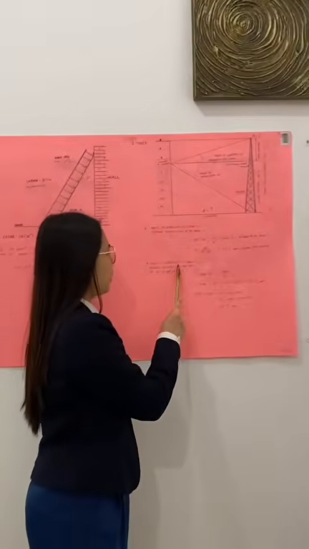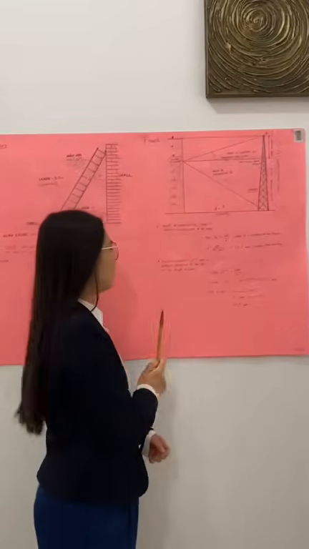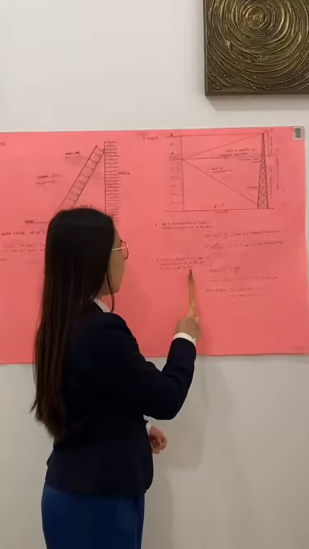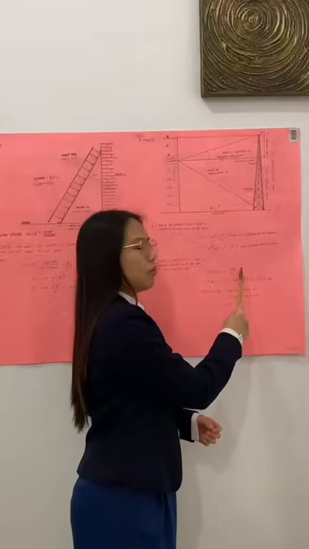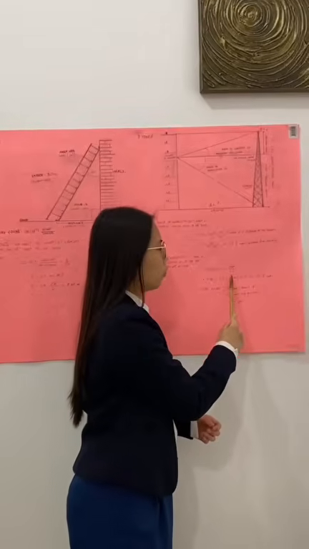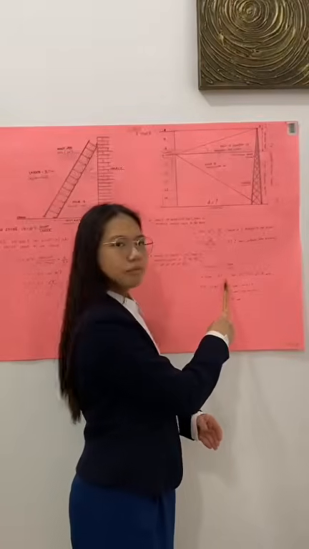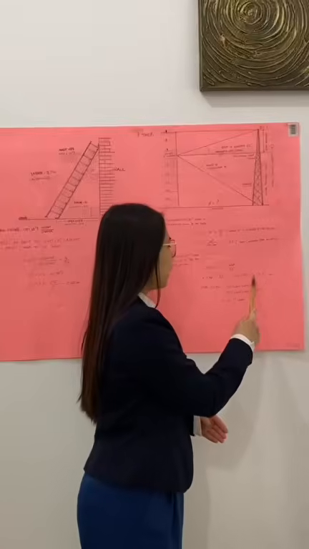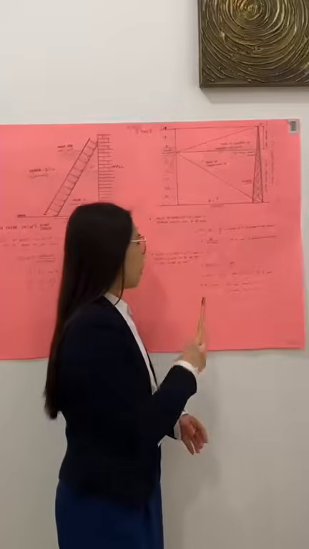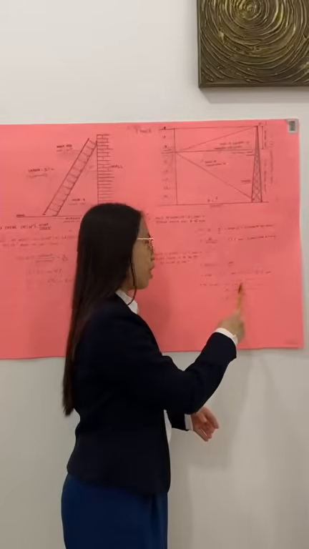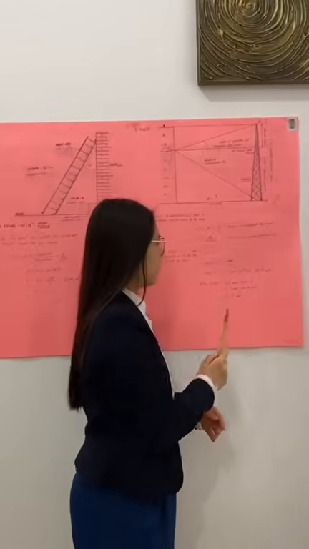Angle of elevation of 25 degrees forms a triangle looking up to the top. Let this height be h. Tangent of 25 degrees equals h over 55.1. h equals 55.1 times tangent 25 degrees, which is equal to 25.7 meters. The total height is 40 meter base plus 25.7 meter top portion.